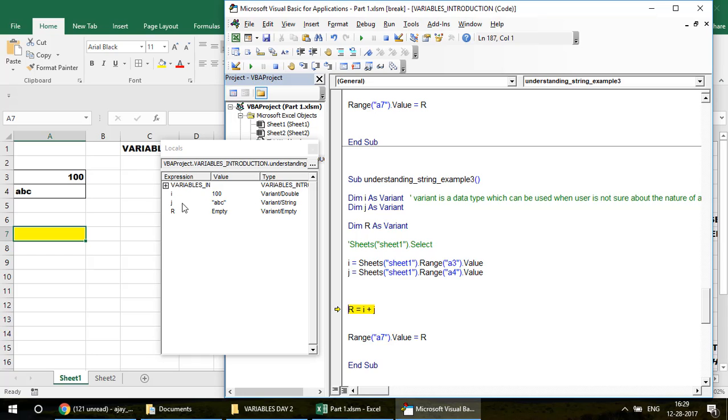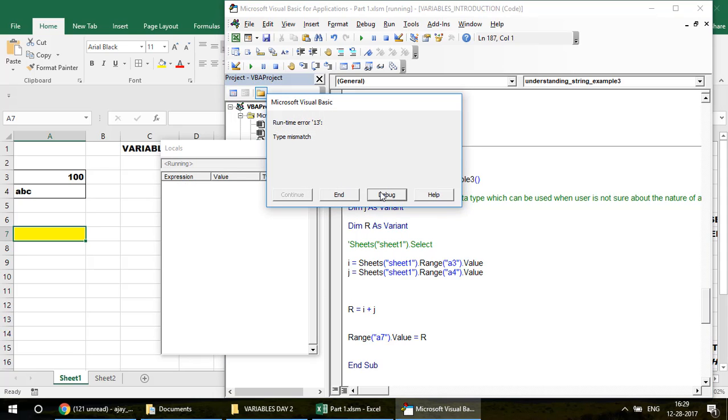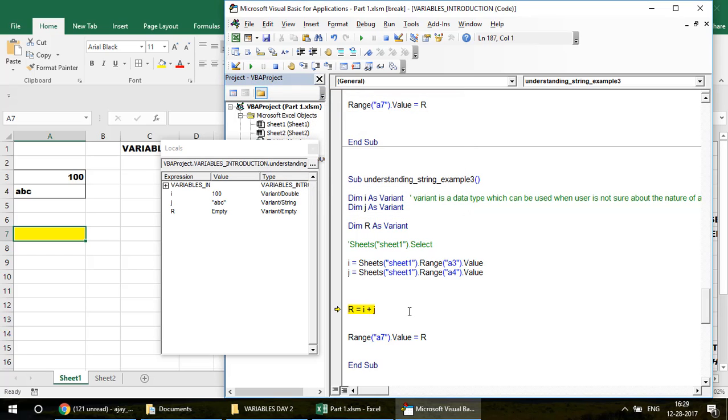by the VBA and the J is used as a string, right? Now if I sum this 100 and ABC, look at this, what's going to happen? You're going to get the error as type mismatch. It is not going to concatenate. You cannot concatenate double with the string, guys. Understand, right? Either you convert this 100 to a text, which how you can do it, because if the VBA